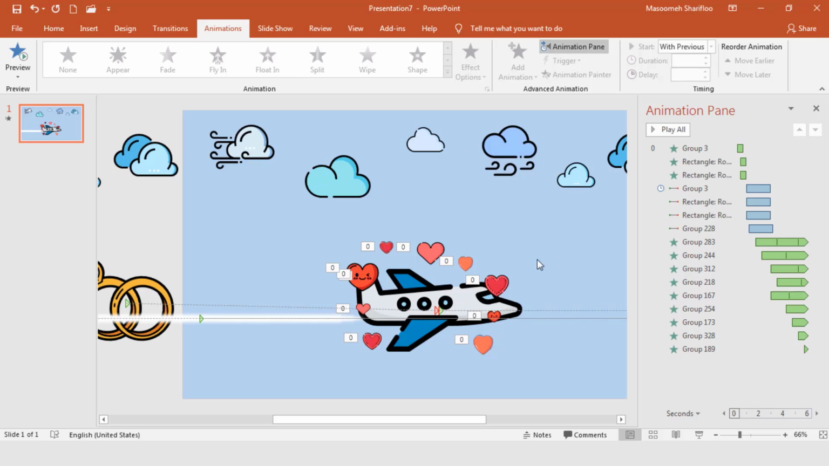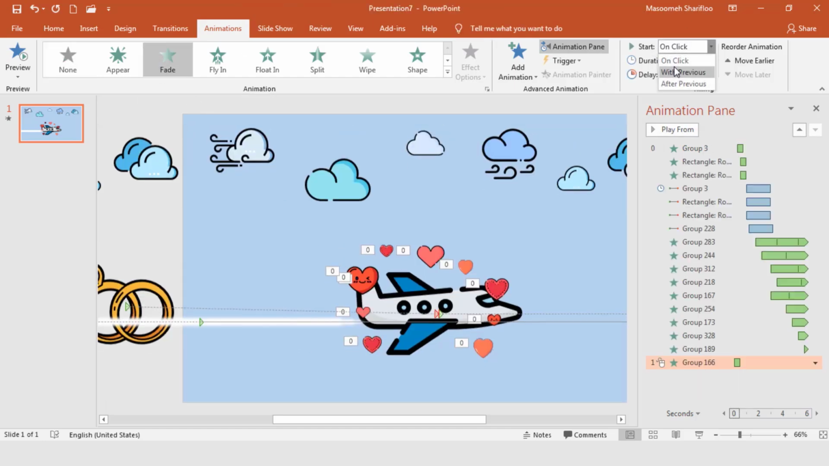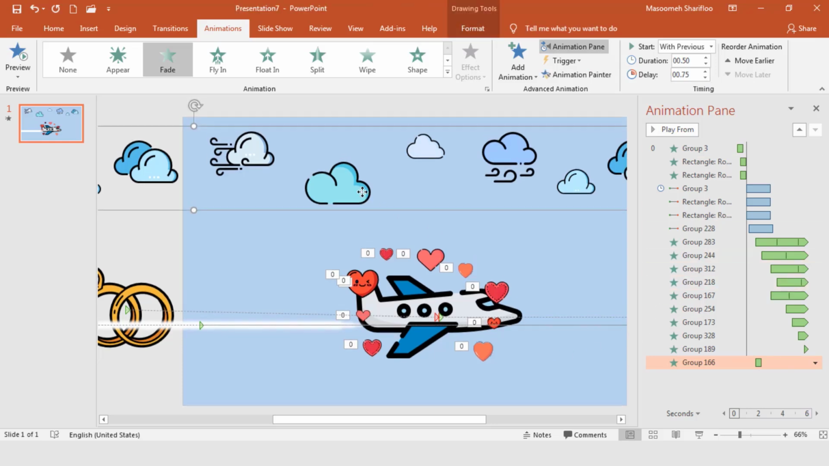Well, adding animations to the hearts is over, and giving animations to the clothes is left. I select the group of clothes, and with the help of the Fade entrance animation and With Previous for the start option, with a duration of half a second and a delay of 25 thousandths of a second, I do this, and we should give another